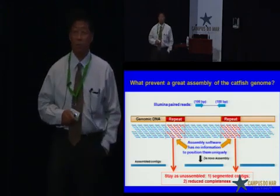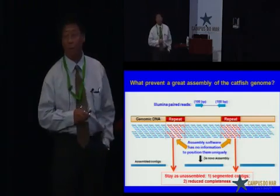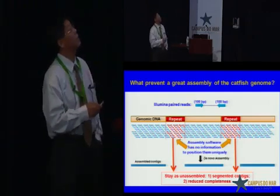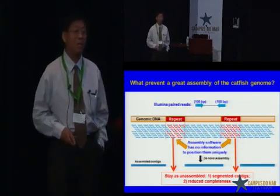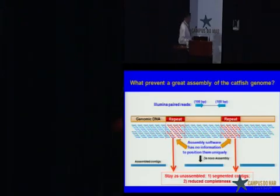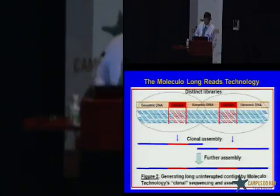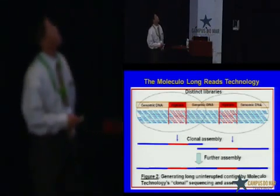So as a result, the assembly would generate 3 contigs there. That really leads to 2 unwanted consequences. One, your contigs would become smaller. And second, these pieces are left behind as sort of trash or garbage sequences, stuck on there so that you cannot assemble them together. So we learned a lot of these things, and we tried to use a different technology, molecular long reads,